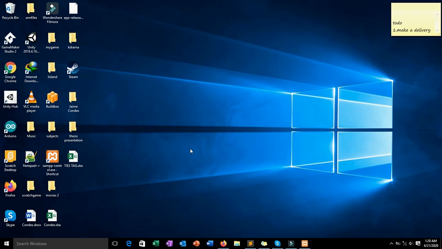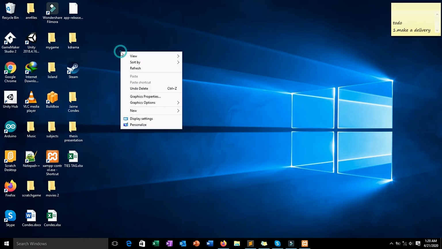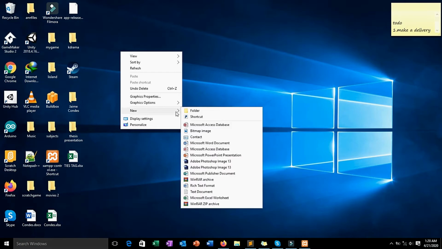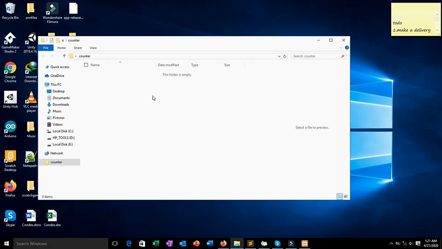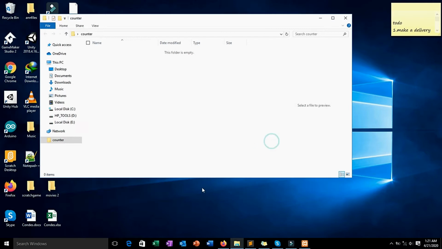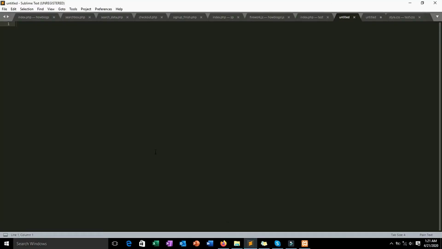Today I'm going to show you how to make a character counter using JavaScript. First you must create a folder. I will name it counter. Inside the folder it's empty, so we must use a text editor. For me, I am using Sublime Text to make the